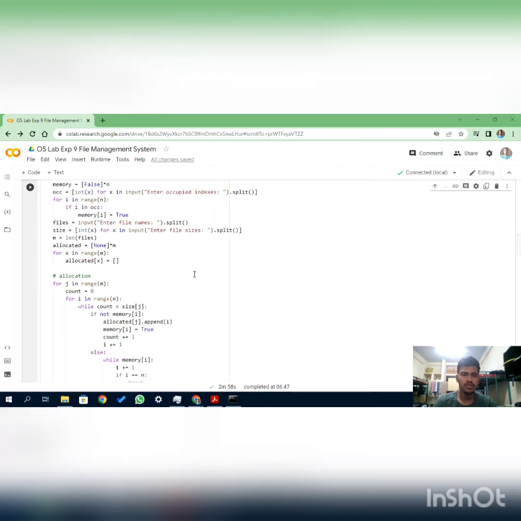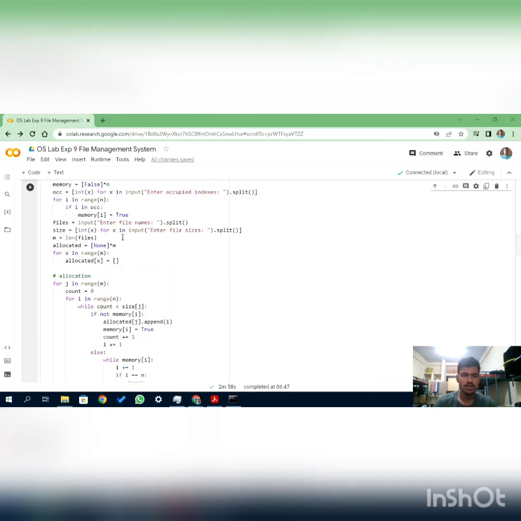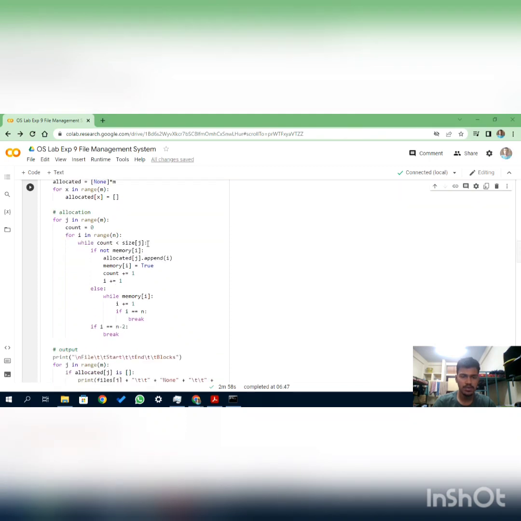Then for linked, we take the same memory parameters, but the difference is that each allocated will be an array in which we will have lists inside the allocated array itself. So for each of the files, in this allocated we will be saving exactly where we are storing each of the indexes. And like the previous one, when count is lesser than size,